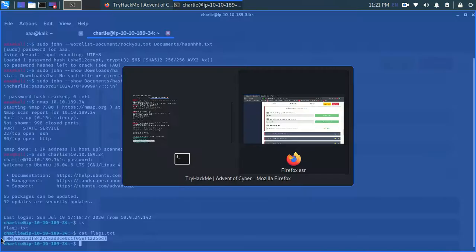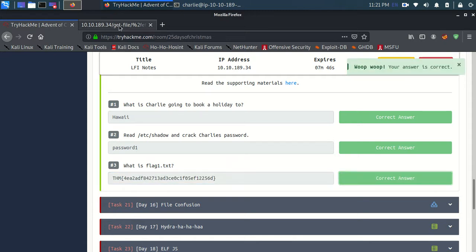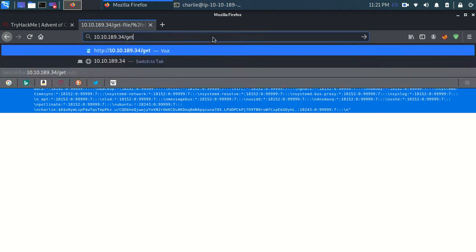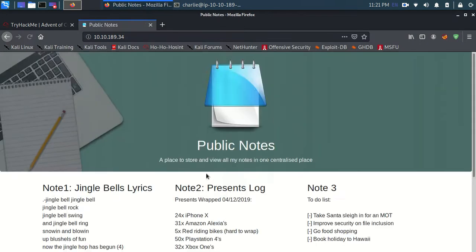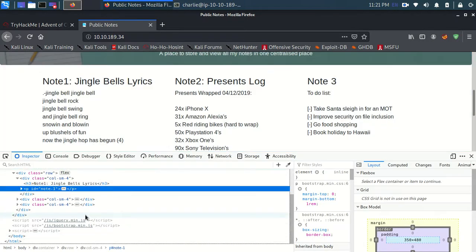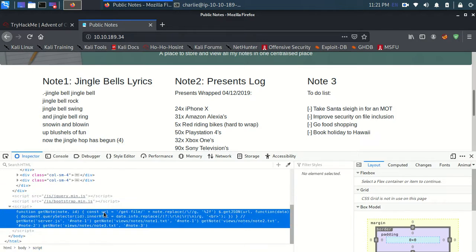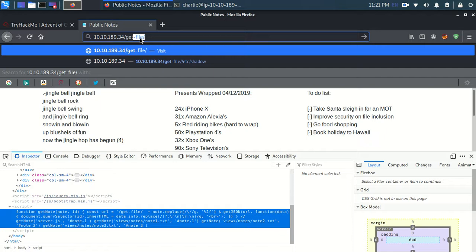If you wait a second, I will try and show you the second method. The second method is without using Burp Suite. It does this directly, which is what everyone does. When I go to inspect element and go down, I'll see this script, and in this script you will see that the construct URL is equal to /get-file plus whatever we want. So here only, if we type /get-file and whatever we wish for, that will work.